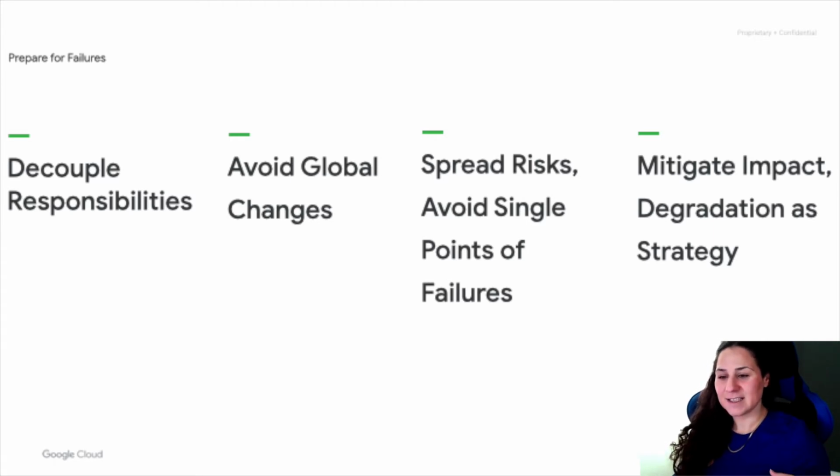Spreading the risk and avoiding single points of failure is also a recommended practice. We don't want to depend on one backend. Lastly, we want to degrade gracefully. If you can't serve all your users with all the features, can you serve them with minimal features? Can you throttle user traffic and drop expensive requests? It's better to be able to degrade and keep serving as long as possible.